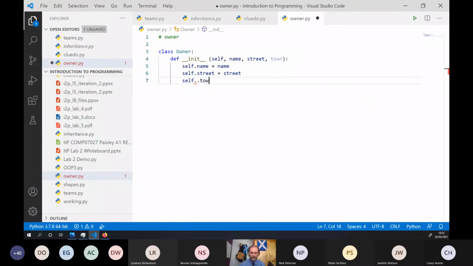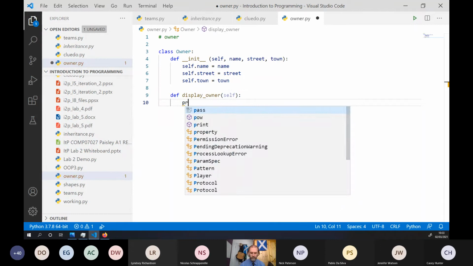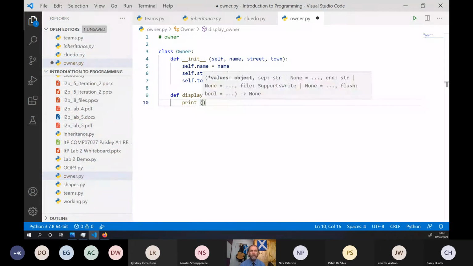Now, clearly the owner database would be far more comprehensive than just name, street and town, but this is just for speed. And as is becoming common, as well as setting up the class, I'm going to set up a method to quickly print out the details.